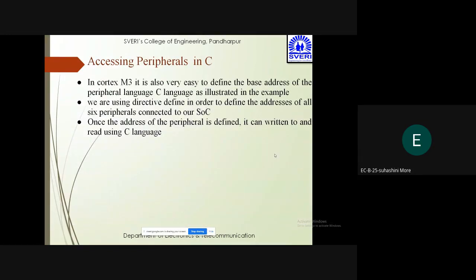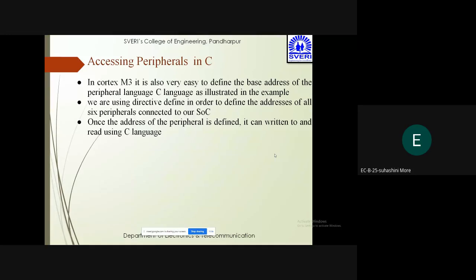In Cortex M3 it is also very easy to define the base address of the peripheral in C language, which is already listed in the example. We are using derivative define in order to define the addresses of all the 6 peripherals connected to our system on chip.